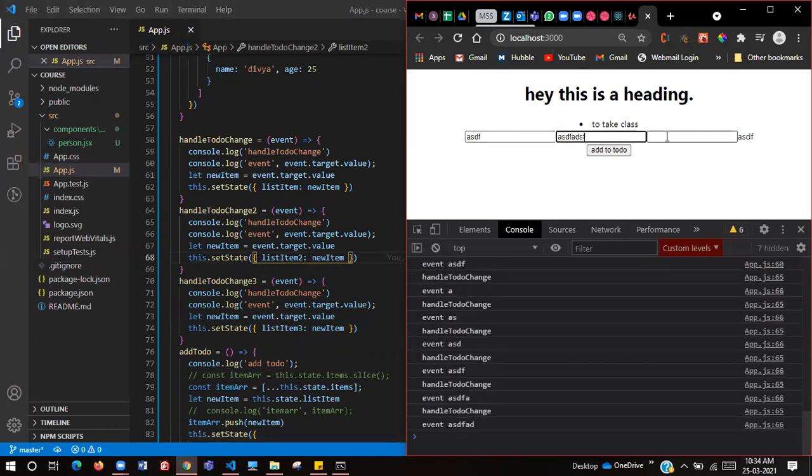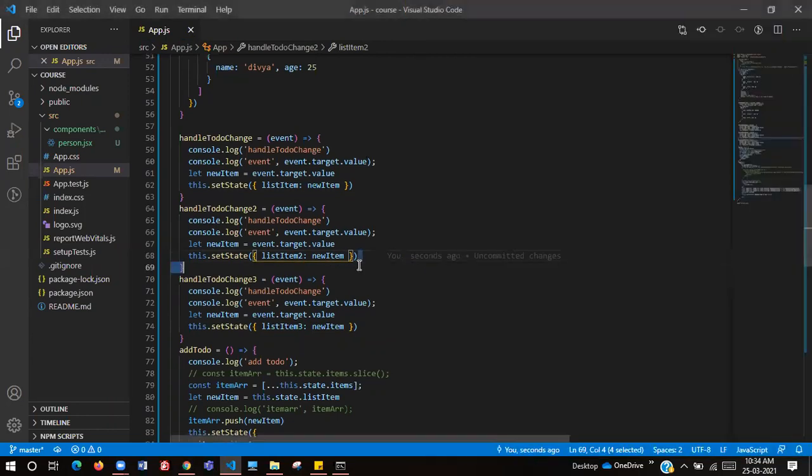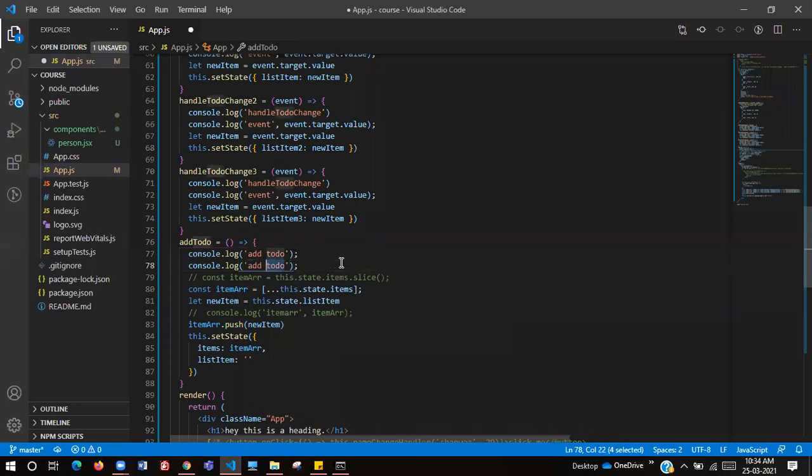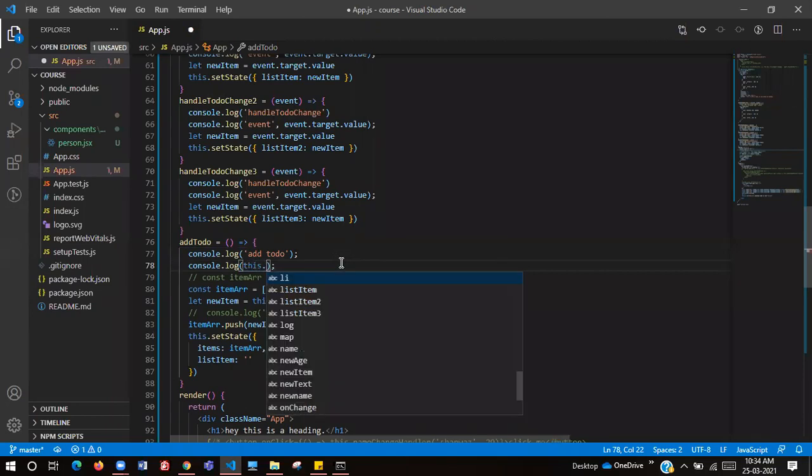Okay, now we typed again here, and we have so many inputs. Now let's see once we click on add to do, let's try and see them instead of adding that onto the field.